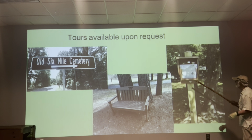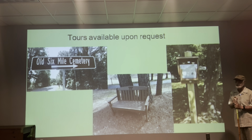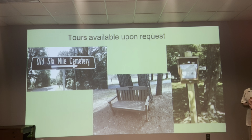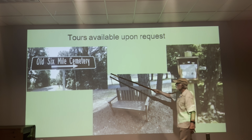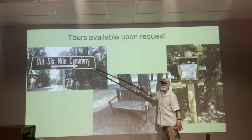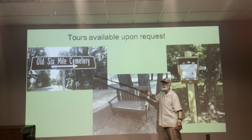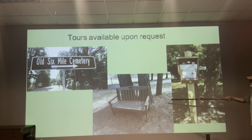And then there's a QR code at the top, which takes you to the Facebook page, Old 6 Mile Cemetery Facebook page. And on there is a link to the Women's Memorial and a link to the tour. So you can get to it 2 separate ways. We are marked by state or the Park Service signs. We're not a Park Service, but we have their signs, so you know when you get there. And we have a nice little spot if you